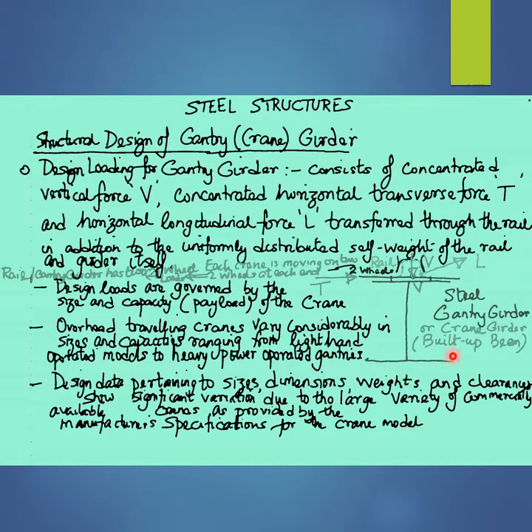That is a static load that acts by virtue of the self-weight or the dead weight of the rail and the girder, and is therefore a common design load that is considered for structural design of any structural element in general. It is worthwhile to mention here that